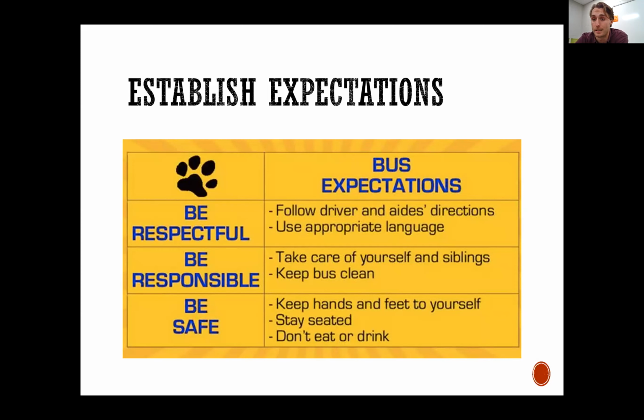So this is a good example of it, right? So these are bus expectations. You could have these for a classroom and edit them a little bit. You could have them for an after school program. You could have them with a group for kids, but be respectful. That's a positive thing that's telling them what to do, and it gives 2 explicit examples a kid can follow. Be responsible. Telling them what to do gives 2 explicit examples of what that means. So when you go into your program, when you go into your classroom, starting with this, making sure it's laid out well and going over it with the kiddos is going to have a really big impact for you.